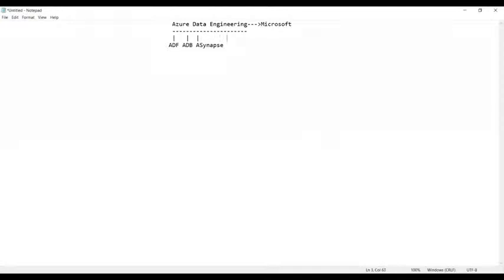Some of the highlighted services I will tell you: Azure Synapse, then Azure ML, which stands for machine learning, and Azure AI, which stands for artificial intelligence.